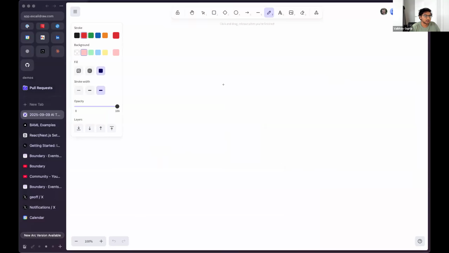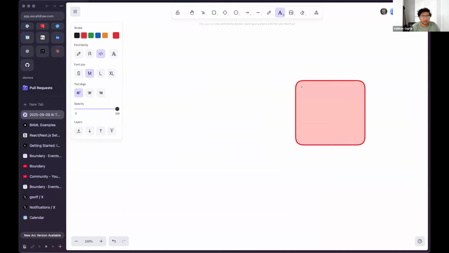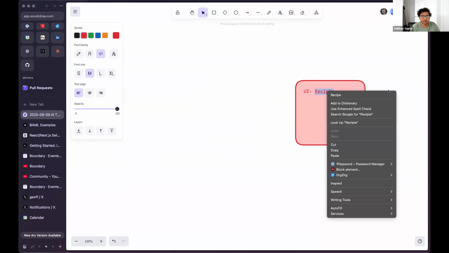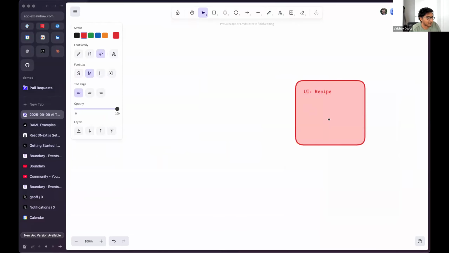But I'm just going to do a really quick thing to talk about what this is and what the data separation path is. So if we're down here and we have our UI, which is a React component, we'll use a recipe as an example. I don't know how to spell, but we'll assume that spelling is not a thing I have to care about anymore thanks to LLMs. We have a recipe example. And what does a recipe take in? Well, this renderer takes in a recipe data model. And a recipe data model is just a class, or I guess interface in JavaScript and TypeScript, that has a